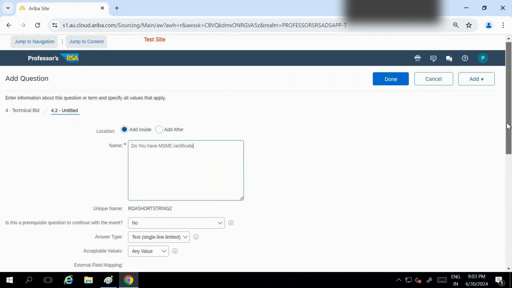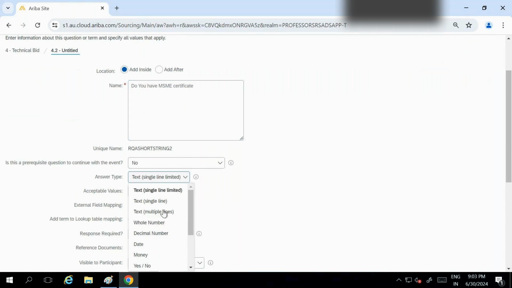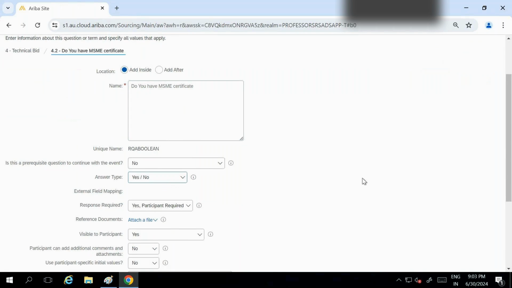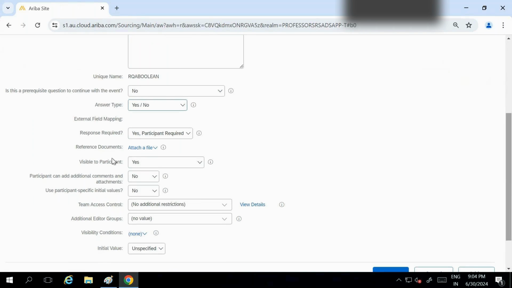Okay, so here I'm using yes no. Participant response required. Now we have three different options: not required, yes. Participant required means the supplier will provide the answer for this question. If owner required, the buyer will provide the answer for this question.